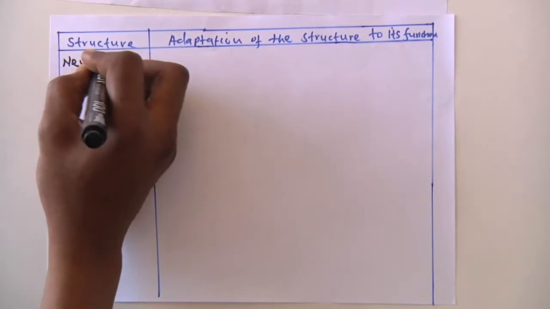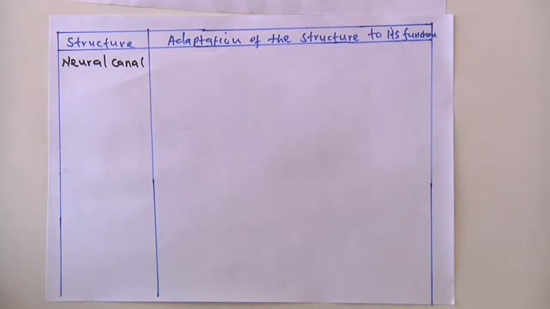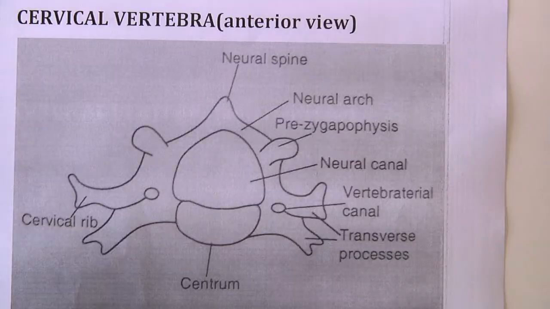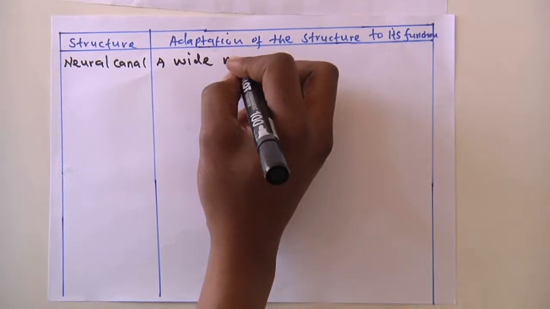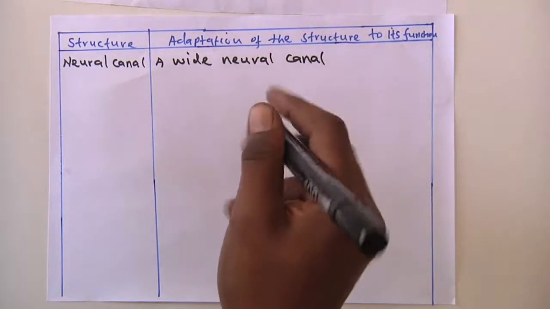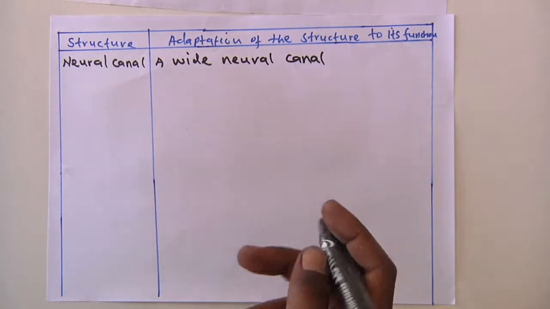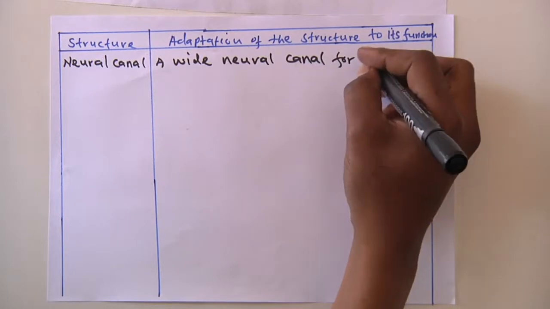First structure is what we call the neural canal. And this neural canal, when you have a look at it on the cervical vertebra, which is the first bone, it has a wide neural canal. The neural canal is always wide. And what is the importance of this neural canal being wide? It allows for passage